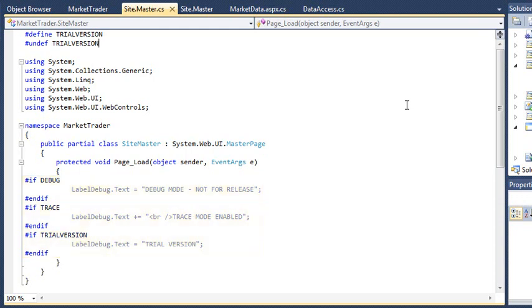Remove the last #endif directive and replace it with the following code: #elif pro version, label debug.text equals pro version, #endif. The compiler will now check for the pro version constant, but only if it isn't able to find the